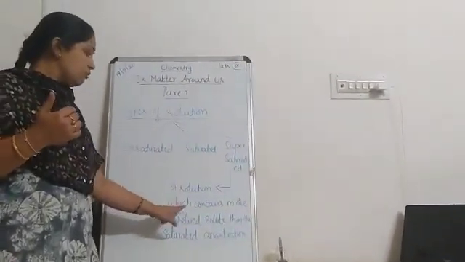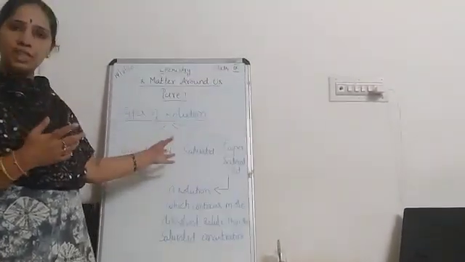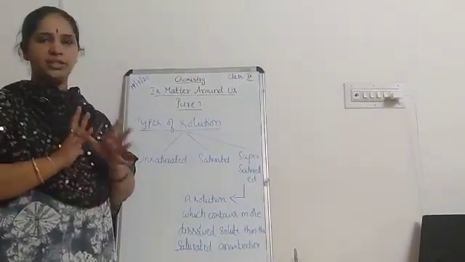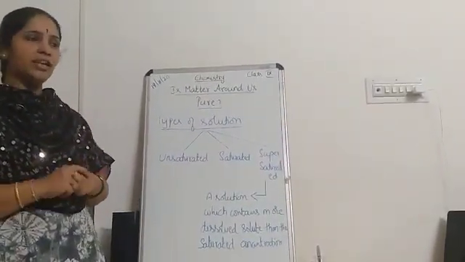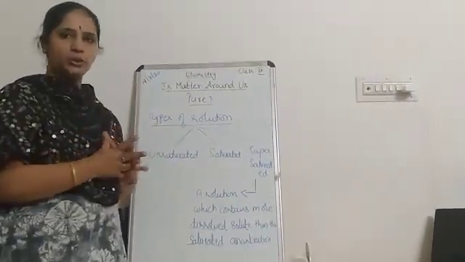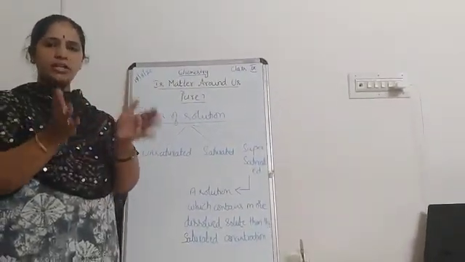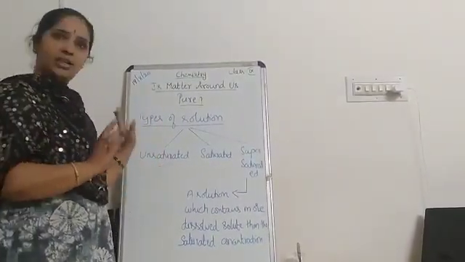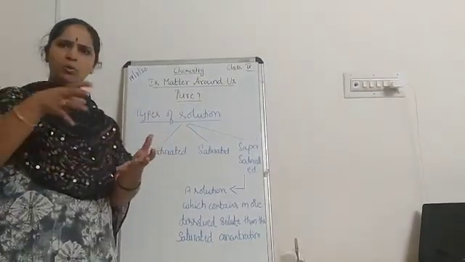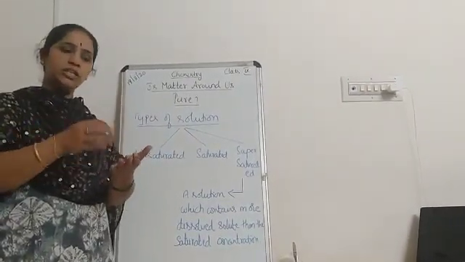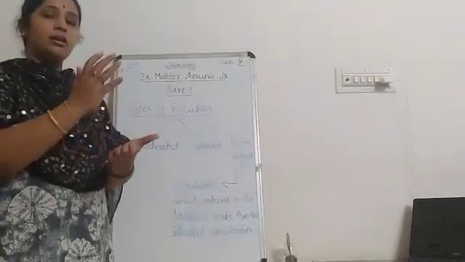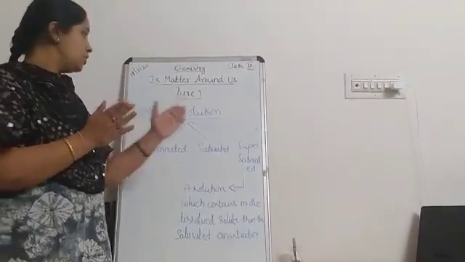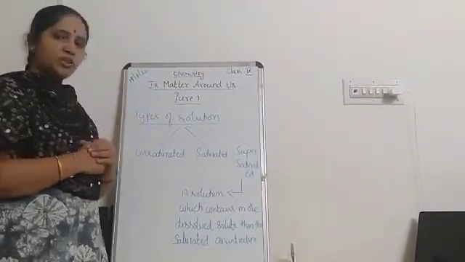Okay, so a solution which contains more dissolved solute than that of the saturated solution becomes a supersaturated solution. One best example I will give you, children. I think for preparing the jamun, we all need that sugar syrup. So now a quantity of water is taken, then a little amount of sugar is added, you stir it, it gets dissolved. So that is an example for unsaturated. For saturated, you add more amount of solute, you start dissolving it, there becomes a point where at that particular temperature no more sugar you can dissolve, so that becomes a saturated solution. So supersaturated solution is what?